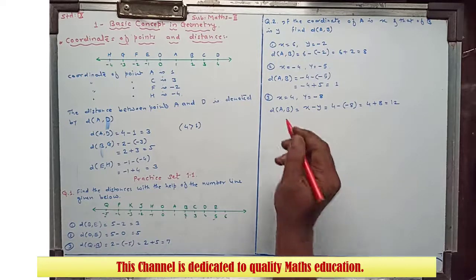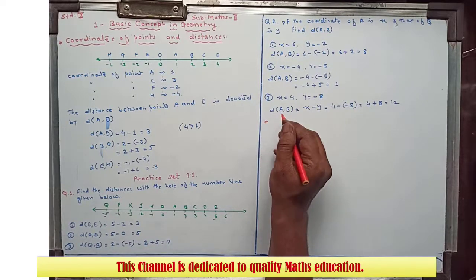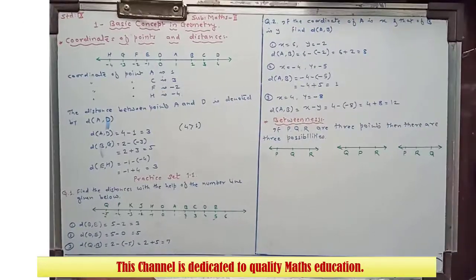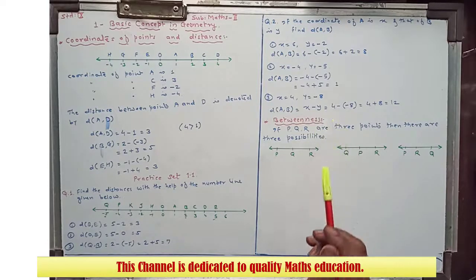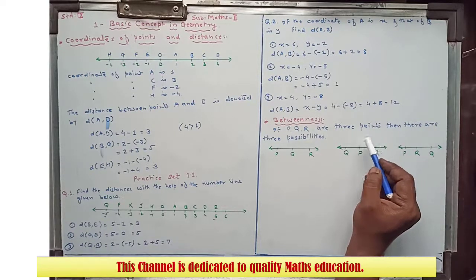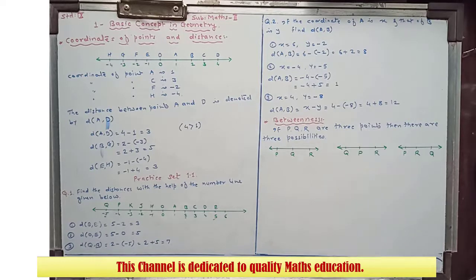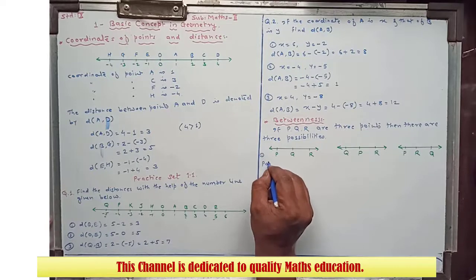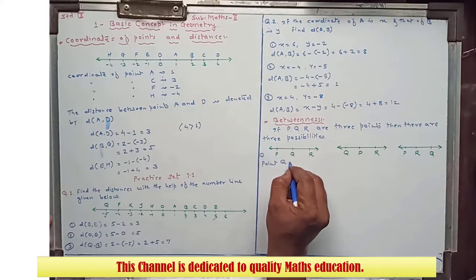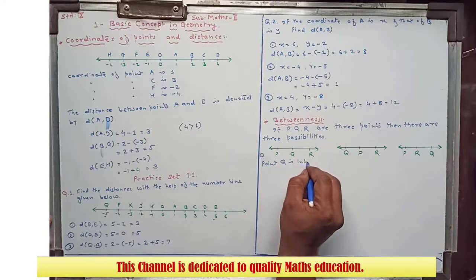Now the next topic is betweenness. Betweenness property. Here we consider 3 points: P, Q and R are 3 points. Then there are 3 possibilities. In the first figure, point Q is in between